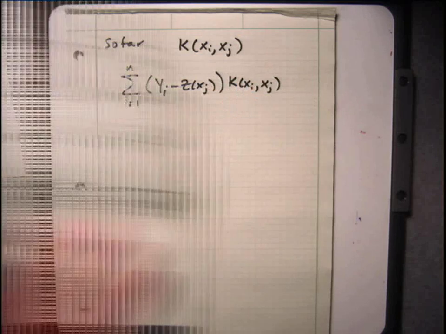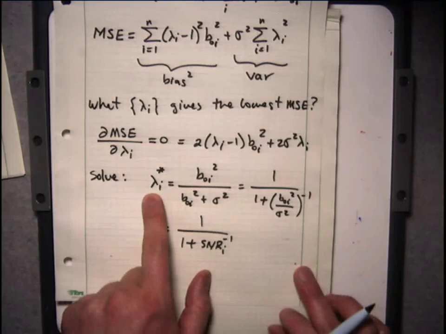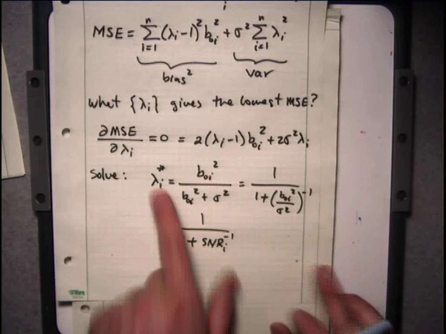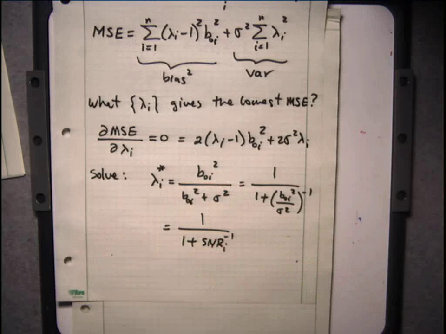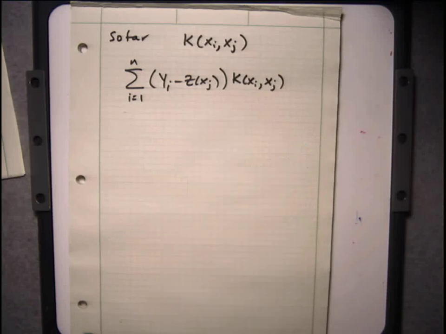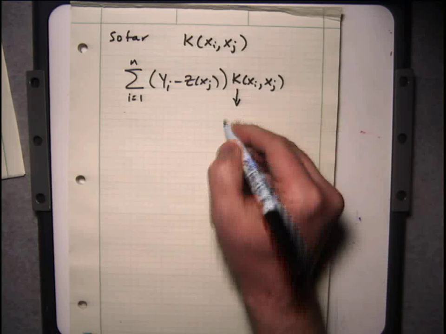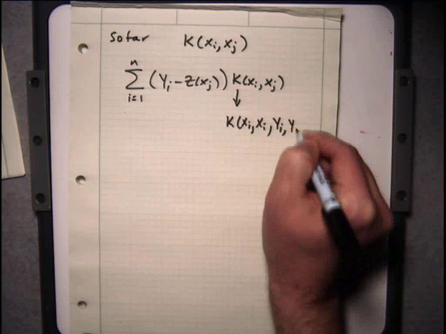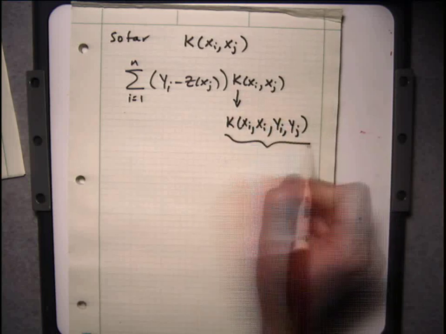Now, if you look at this, what is this telling you? It's telling you the optimal spectrum depends on the underlying signal. So if you were going to take this and work your way back to designing a kernel, you wouldn't design a kernel that ignores the signal, right? This kernel ignores the signal. It's only dealing with positions of samples. It's not giving you any information about the value of those samples. But guess what? Those values contain information about the B0is. Okay? So what you in fact want is to replace this with something that is not just a function of xi and xj, but also a function of yi and yj. Okay? And these are called